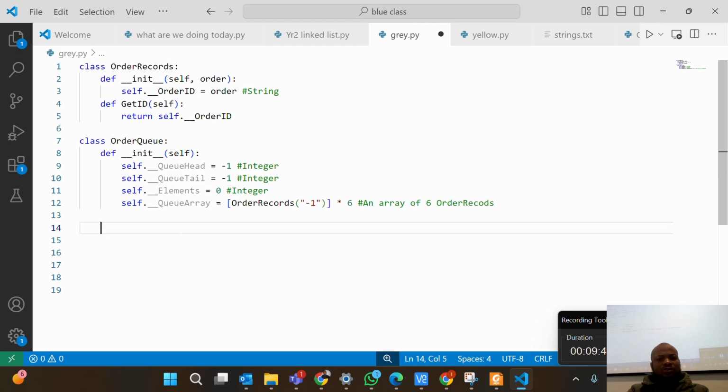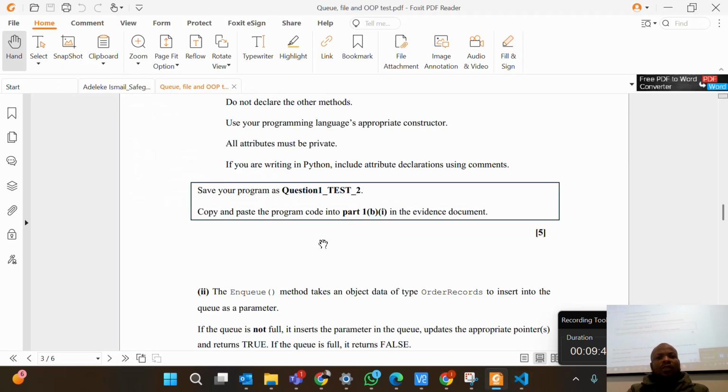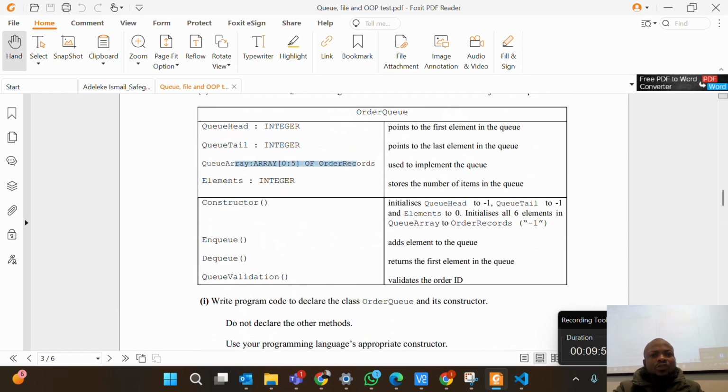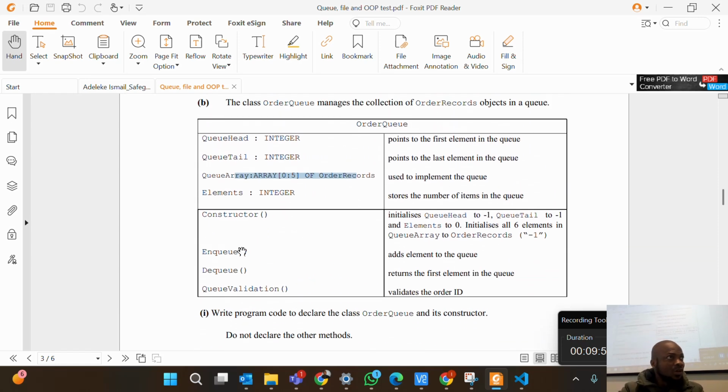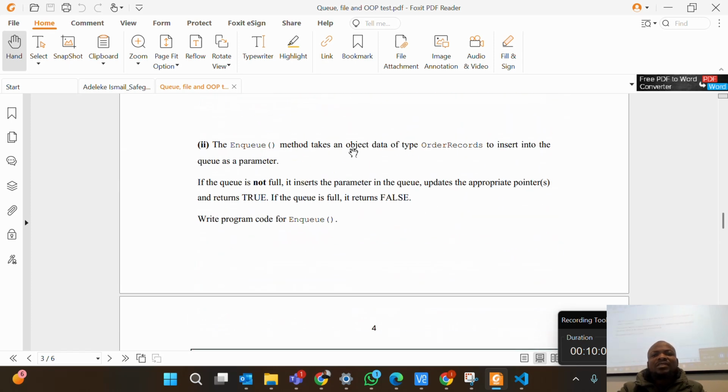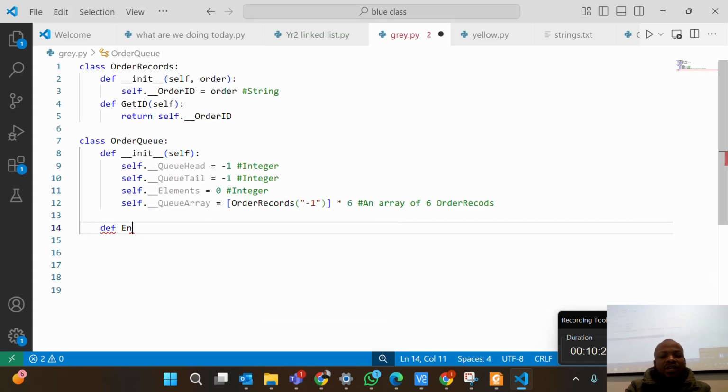Now, the next question states the enqueue method. If you are confused about the enqueue, go back to the table. You will see the enqueue as part of the class. Now, the enqueue method takes an object data of type order record to insert into the queue as a what? Parameter. That means this method takes an object as a parameter. And that object is of type what? Order record. So that means you have to write def enqueue